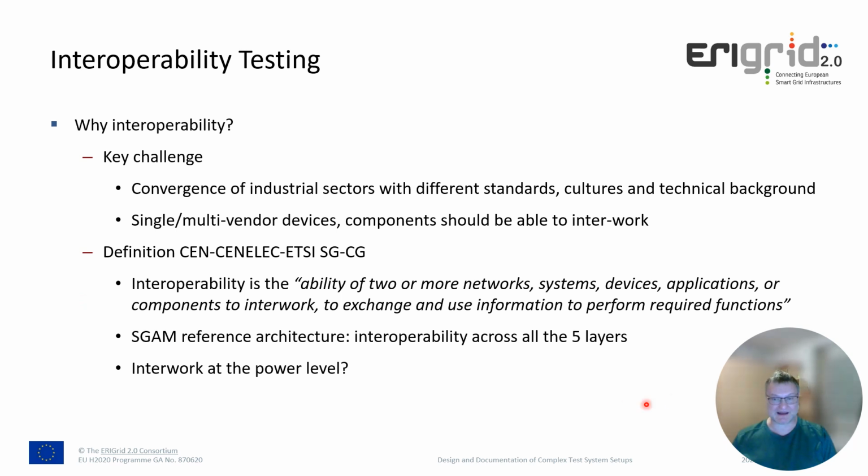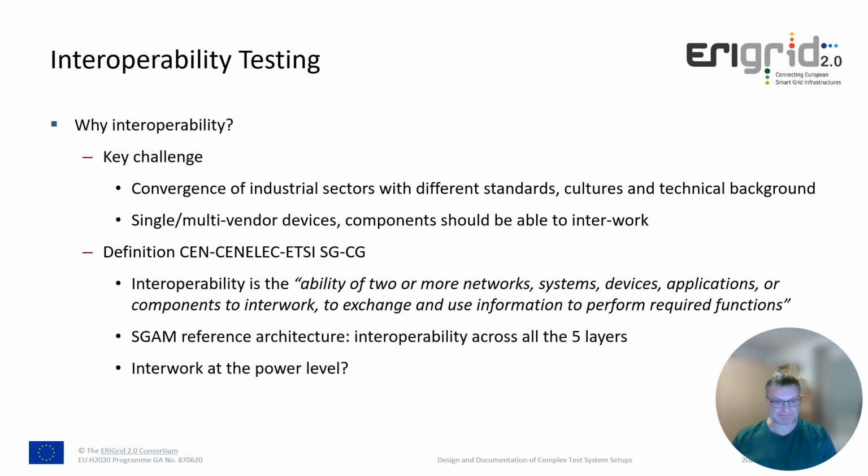That is typically often modeled with the Smart Grid reference architecture model, where we have the interoperability across these 5 layers that were introduced a couple of minutes ago. But the big question is also how we can test such a specific architecture in